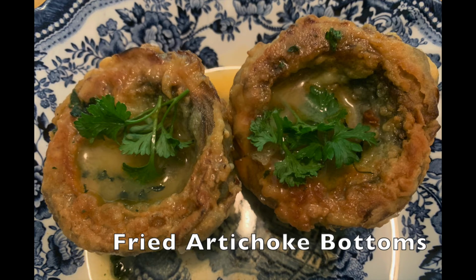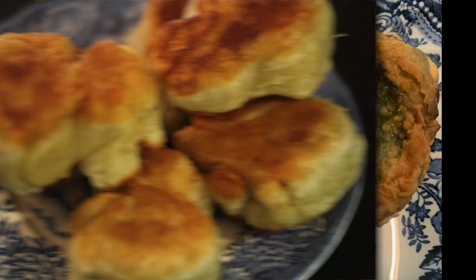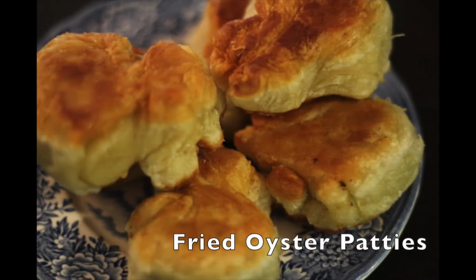Savory entremets in a second course are smaller versions of entrees. This is where dedicated vegetable dishes like these fried artichoke bottoms are served. Other vegetable dishes include peas, Brussels sprouts, beans, salads, and pickles, among many, many others. Other examples of savory entremet include these fried oyster and veal patties, as well as a variety of other fritters,